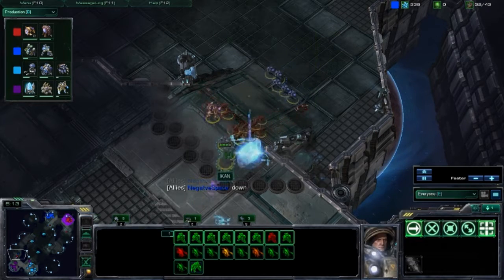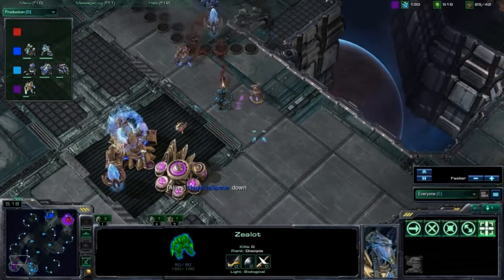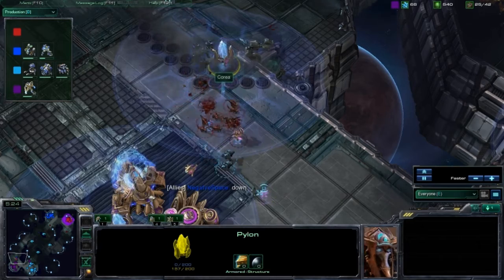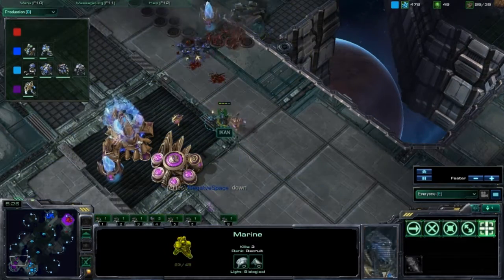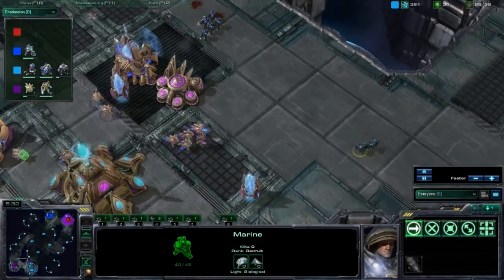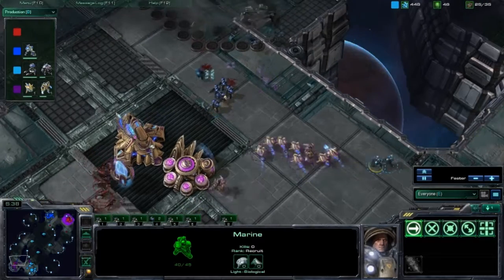But here they are. We have a bunch of units here at their back door already, and they only have a Zealot and 2 Marines. But they're chrono boosting out units because they did have something to spot the rocks with. And we'll see how successful this rush is. We're already doing pretty good damage. We just have a lot of units here with